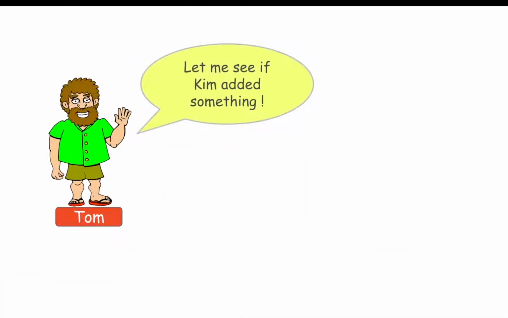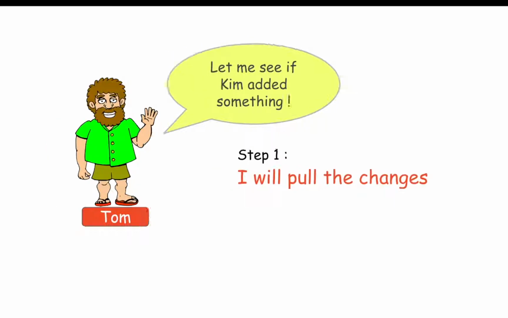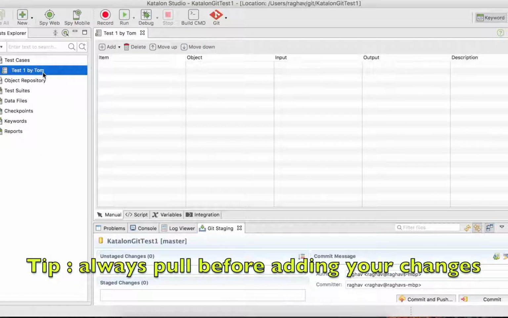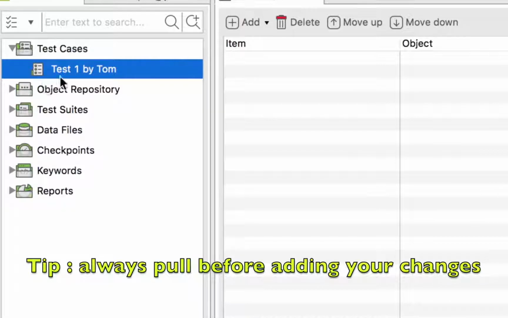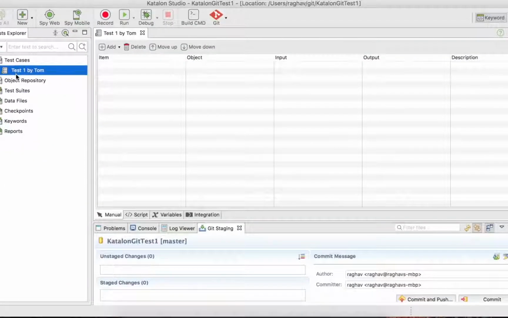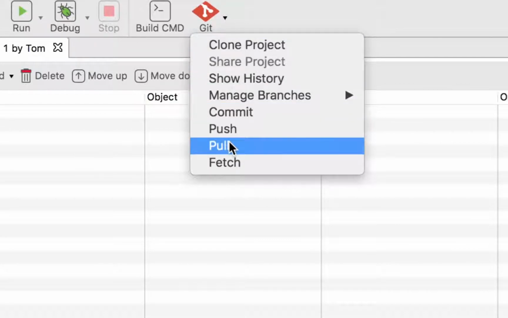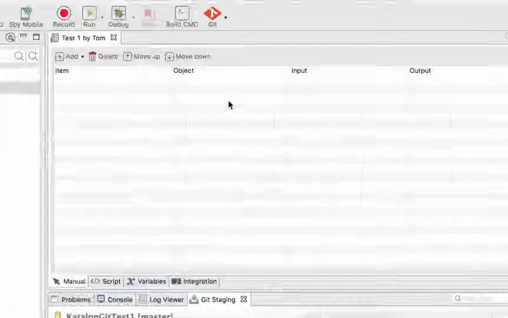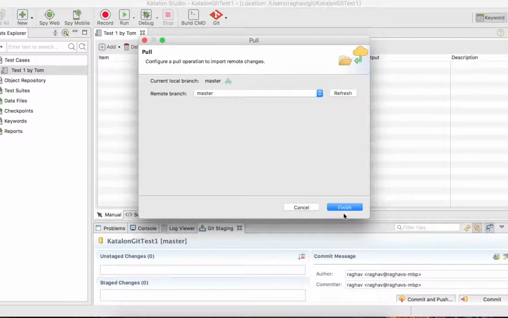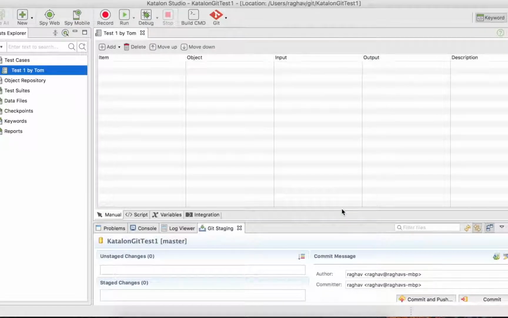And now Tom can pull the changes and see if there are any changes made by Kim or any other team members. So he will do a git pull. So again, let us go to Tom's system and you can see as of now we have just one test case which was created by Tom. So he will go to git and he will say pull, and then he will say finish,